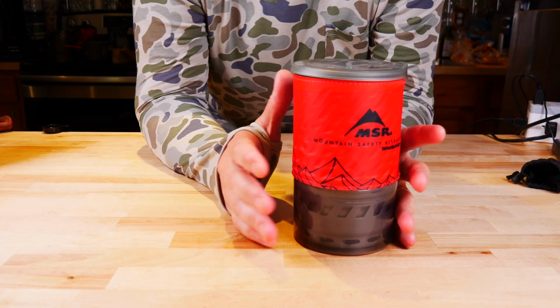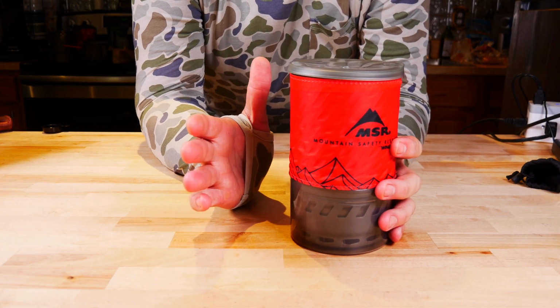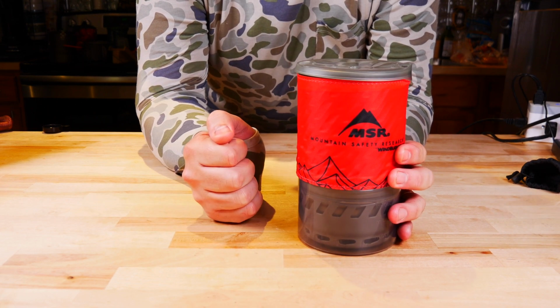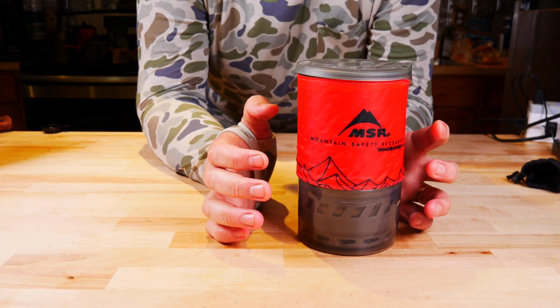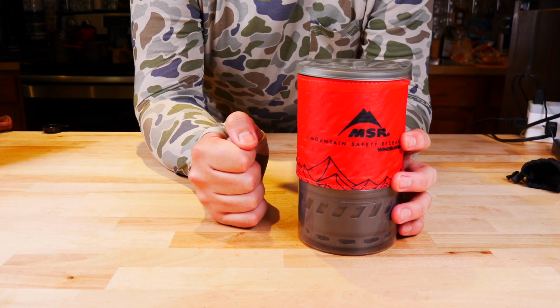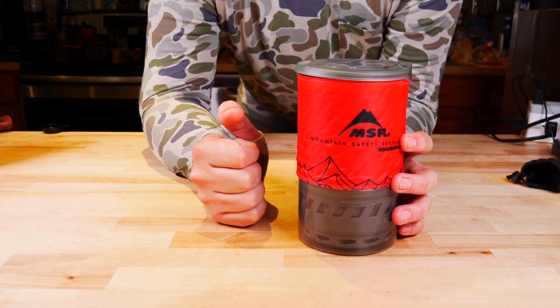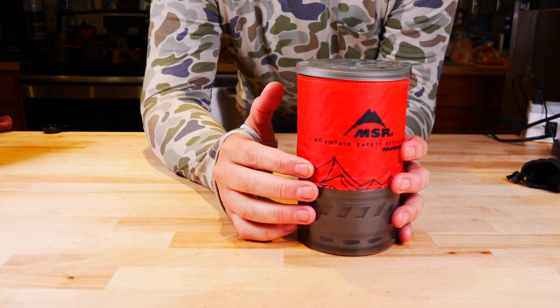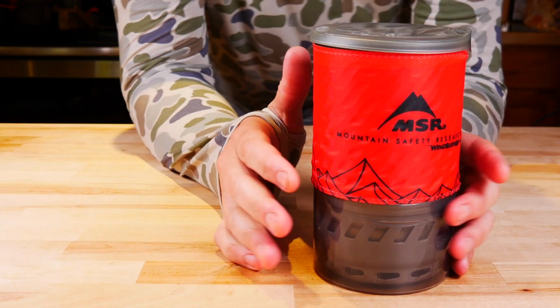Alright, next we're going to get into some of my absolute favorites. The MSR Wind Burner. This is the personal stove system, 1 liter volume. Dimensions are 8.3 by 4.5. Weight is 15.5 ounces. Made out of aluminum. Volume is 33.8 ounces, and it also has a maximum of 2 cups for boiling just like the Flash. It's made in the United States, costs